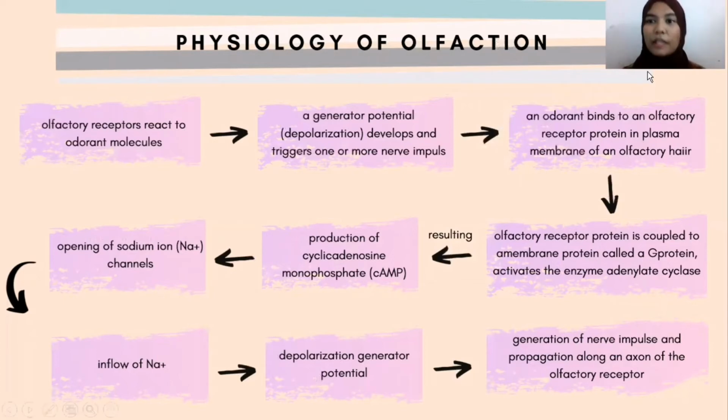An odorant binds to an olfactory receptor protein in the plasma membrane of an olfactory hair, and then the olfactory receptor protein is coupled to a membrane protein called a G protein. It will activate the enzyme adenylate cyclase. It will result in the production of cyclic adenosine monophosphate. Next, there will be an opening of sodium ion channels, and an inflow of sodium positive. Next, depolarization will happen, a generator potential, and generation of a nerve impulse and propagation along an axon